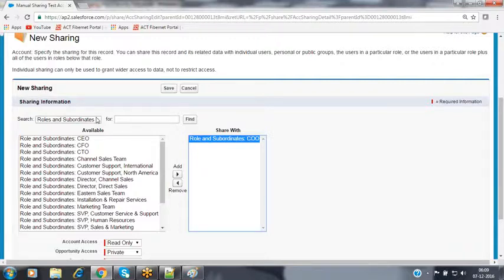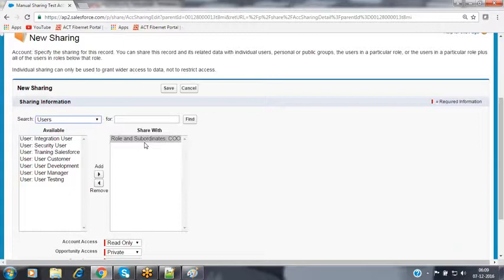Now, if you want to share the records to only some specific users, then select those users here. Now only these are the users to whom you want to make it visible. Now I want to make the record visible to that user's manager. Only to that manager user I want to grant access on my record here. Nothing but we can share the records based on the role, based on the user, based on roles and subordinates, and based on the public groups also.